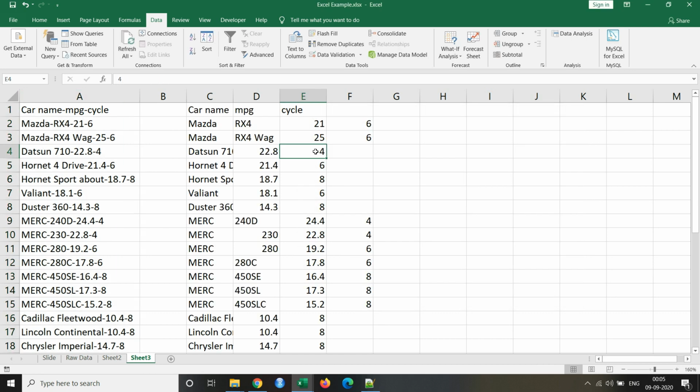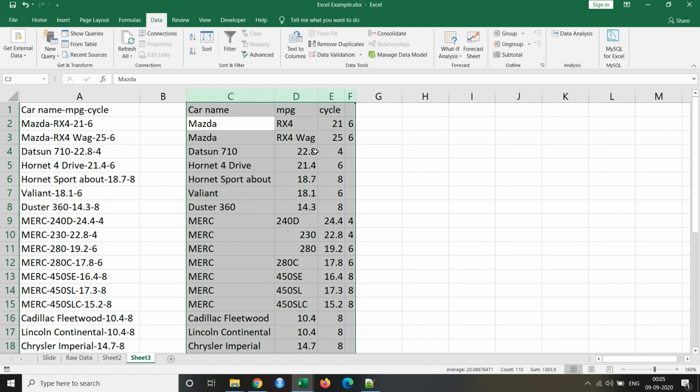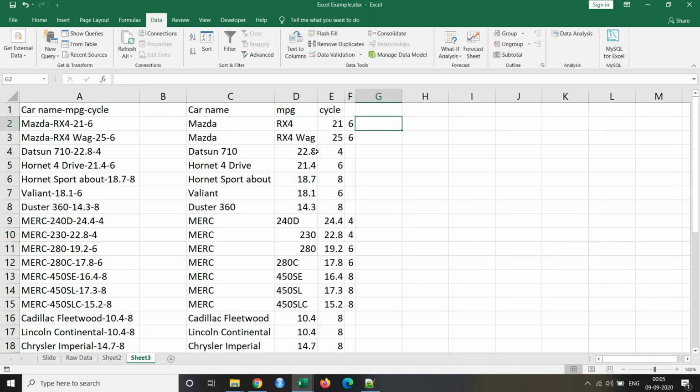Now when you see this, you will find that the cycle is segregated correctly, MPG is fine, but Mazda and RX4 are getting segregated separately here, which is actually the car name. So now it's easy for us to put everything into a structure.